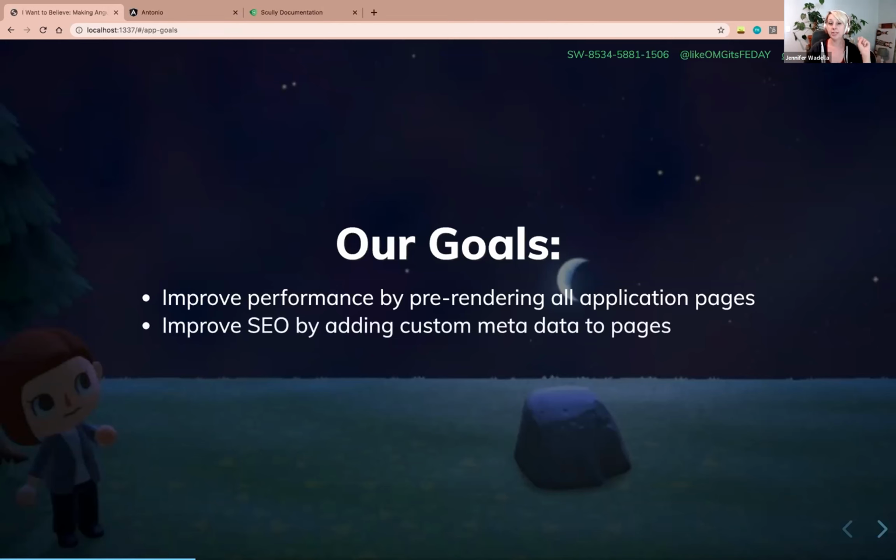Number two is we want to make sure that we're improving our SEO by adding custom metadata tags to all of our pages. If you're not familiar with SEO, this is where we have a title tag and a keywords tag, and we might have an image. If you have ever seen an article posted to Twitter or Slack and it has that image pop up, those are all different meta tags that help us serve content and tell crawlers, hey, this is what it refers to.